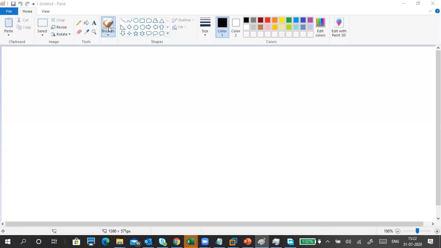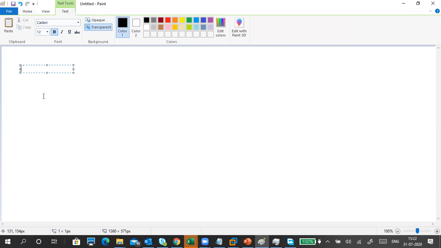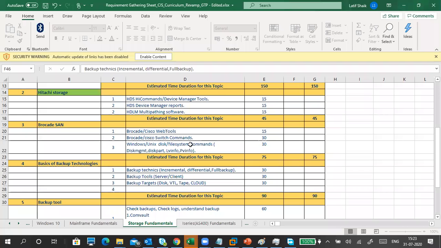So that's why backups are created in 3 ways. That's why backup types are in different ways. One is a normal or full backup. People say it's a full backup. Normal backup or a full backup. Another one is incremental backup. You can see here incremental backup, differential backup, or full backup.